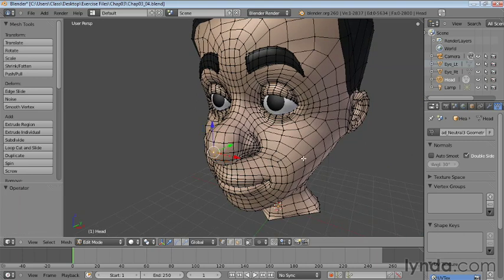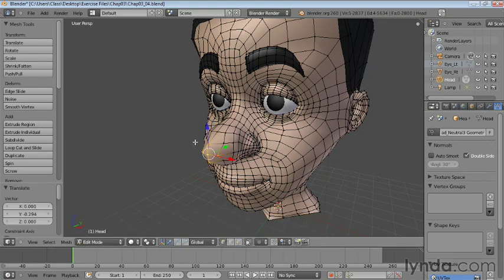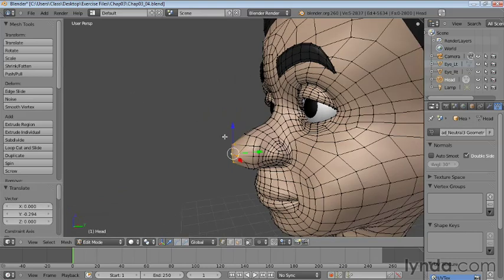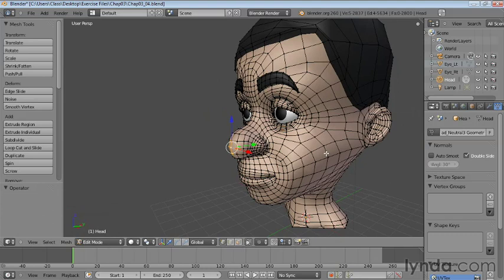And even if I were to select multiple vertices, if I hit Control plus to do a select more, you'll see that I'm still getting sharp edges wherever I move those vertices. And this is really an inefficient way to edit these sorts of objects. I mean, I could conceivably edit them by selecting alternating rows of vertices, but proportional editing will make this a